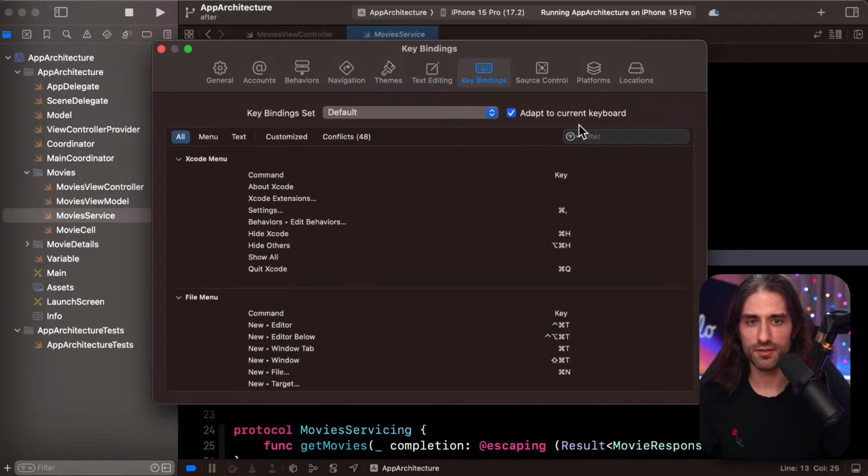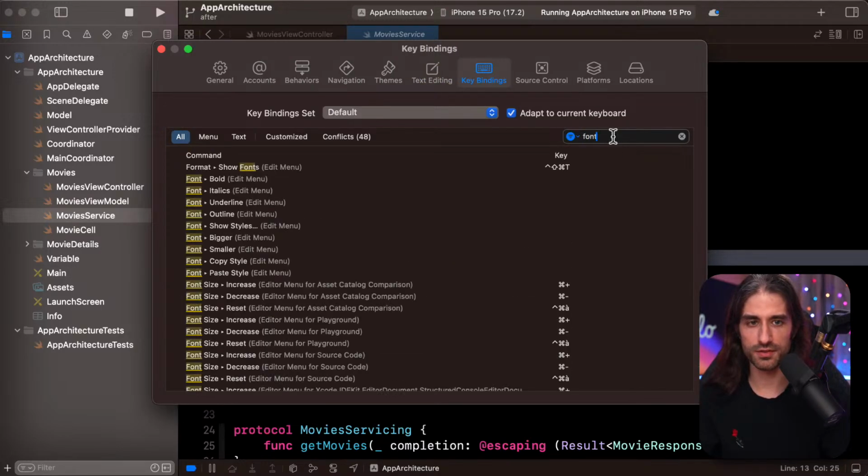So I'm looking for the key bindings for font. So Command plus. Oh, actually, for me to reset, it's Control. So for me, it's Control, Command, and the A with the, I think it's the acute accent.